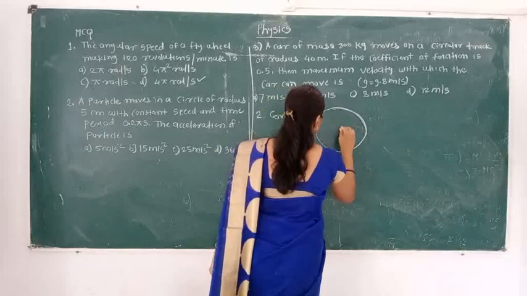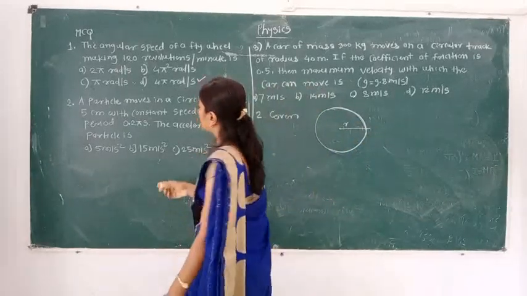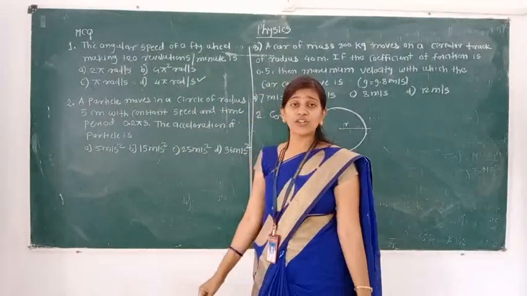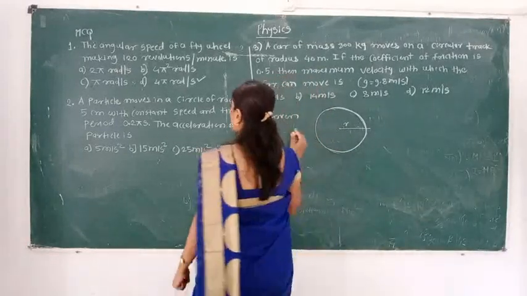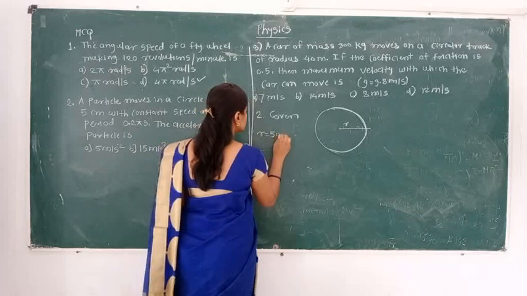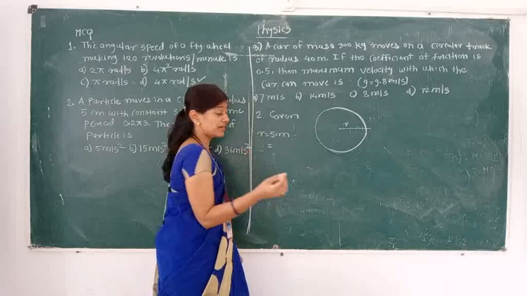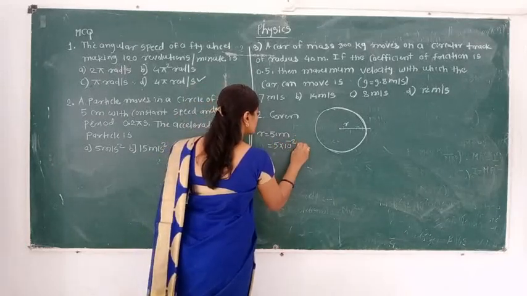For that circle, the radius is given. R is given to us. Okay, the omega is a constant speed, we know that, and we are getting the value of the time period. So let me write all the values first. R is equal to how much? 5 centimeter. We can convert that R into meter. It is 5 into 10 raised to minus 2 meter.